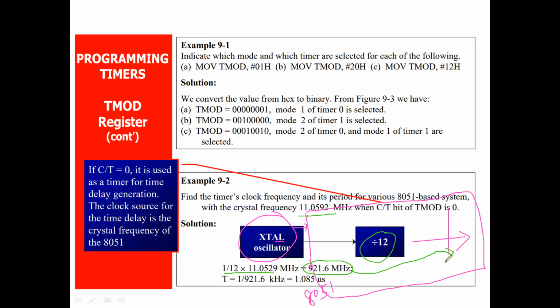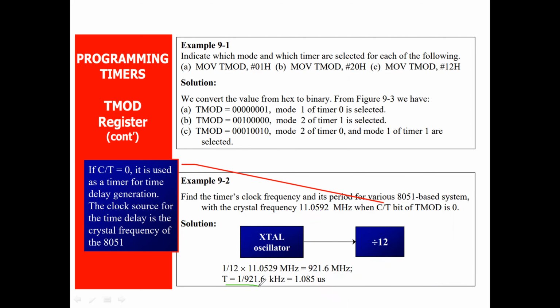This is very important. Just as of now, you understand, the timer block inside the 8051 is given a frequency of about 0.9 to 1.6 megahertz. If you take the time period, it will be 1.085 microseconds. Why are we finding this? For calculating the exact time delay, this value is required. That's why I'm discussing it. So the timer is getting this input frequency, and the time period is this. You must know this.